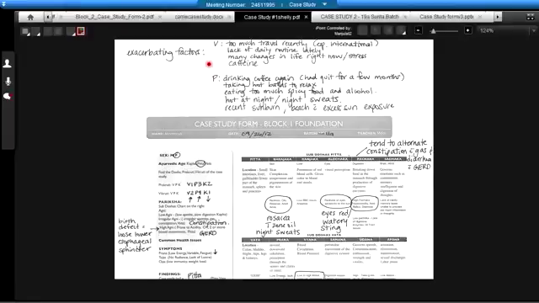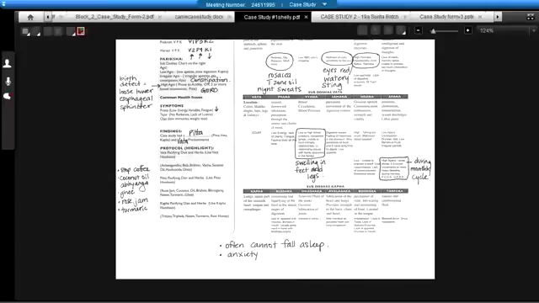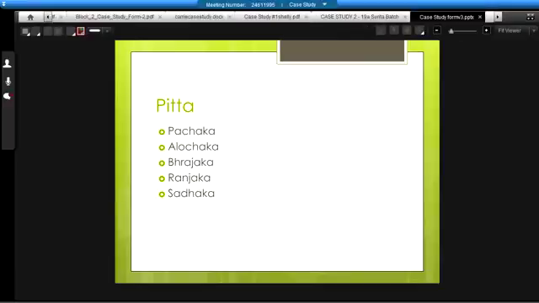So you have Alochak Pitta, eyes are red, watery, stinging. Are the eyes sensitive to light? And you also look at their Pachak Pitta as well. So get an idea from this how she's done it. Everything's outlined for you. It can be a pretty helpful guide that's already in place. So I say, why reinvent the wheel? Look at this and let this be your guide. This seems to work really well. Okay.